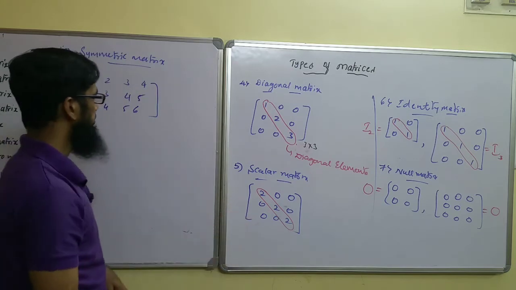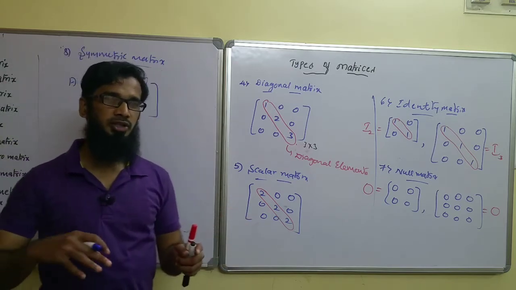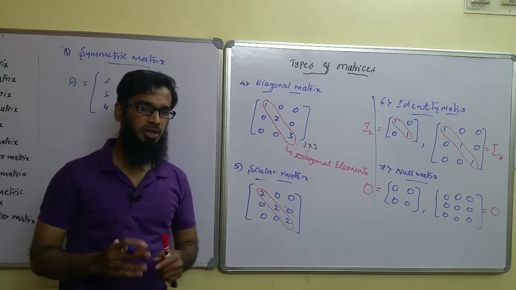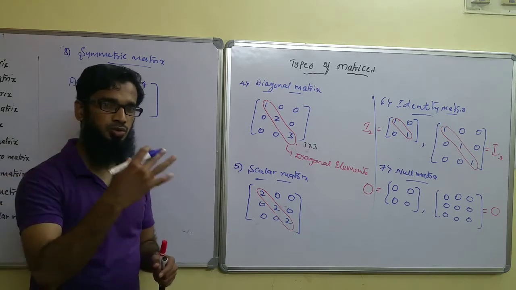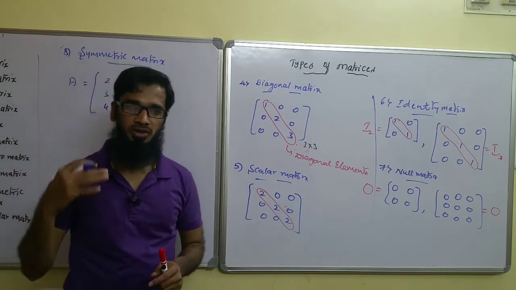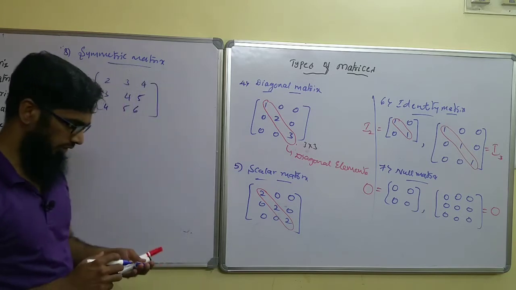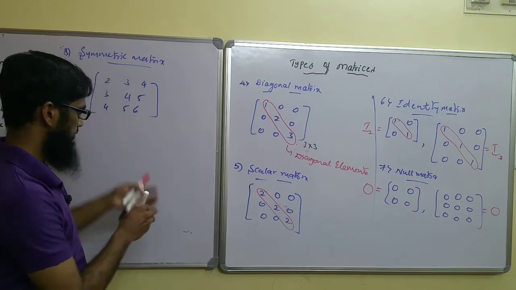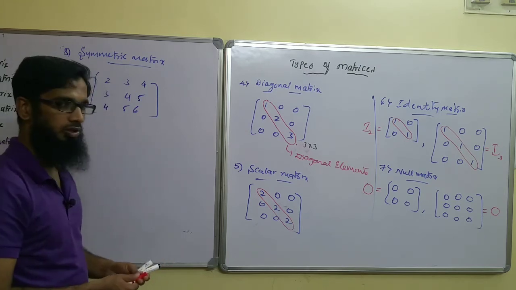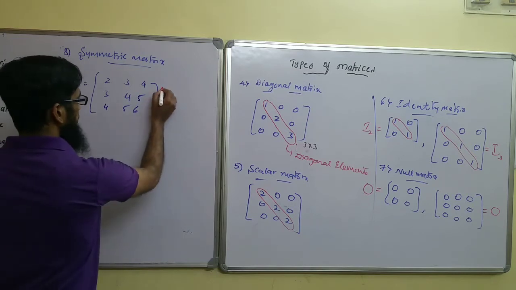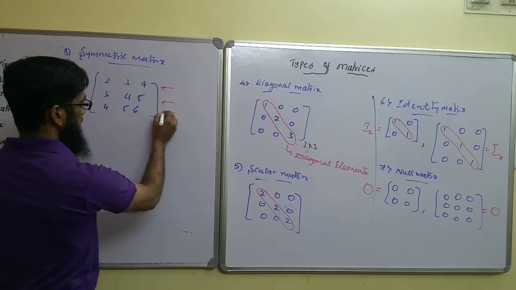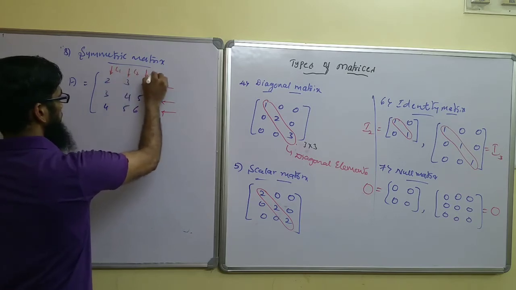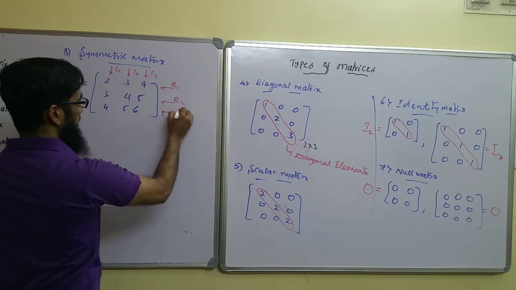In the symmetric matrix, if I take the matrix A, the general condition is that if I interchange the rows to columns and the columns to rows, I am going to get the original matrix itself. For example, take this matrix A. You just see the rows here. What I have taken here is a 3 cross 3 matrix. This is the first row, second row and third row, and this is the first column, second column, third column. C1, C2, C3, and R1, R2 and R3.